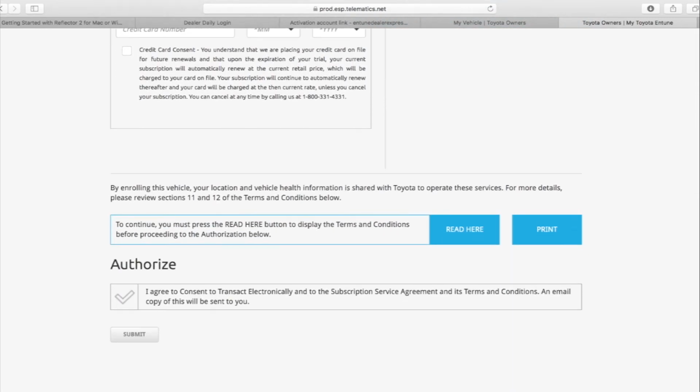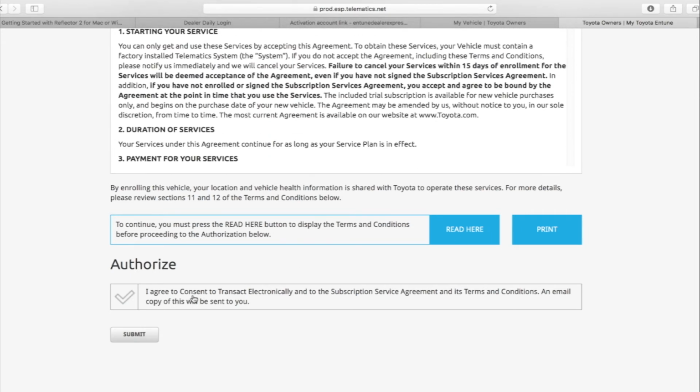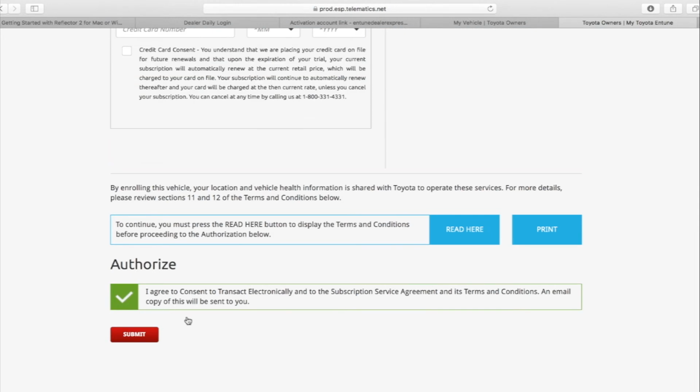So now the customer will need to scroll down and they'll see the terms and conditions. They can click read here or print, but they must select one of these before clicking authorize. So you can't select authorize until you click one of these. Then you'll be able to check it here. I'm going to click submit,